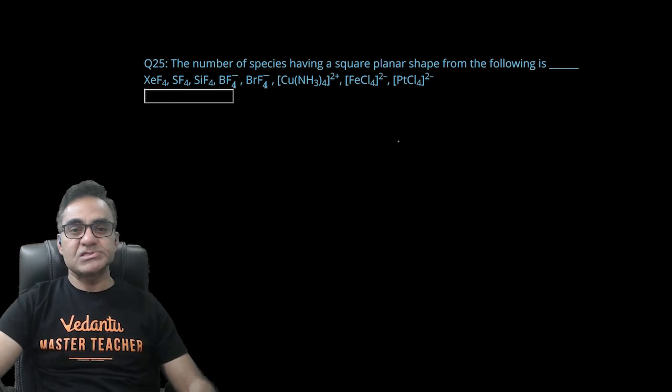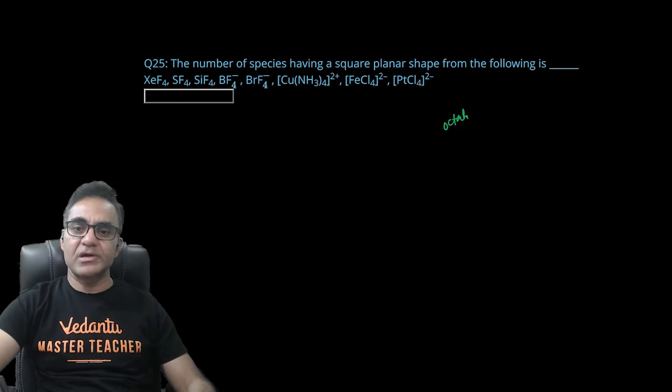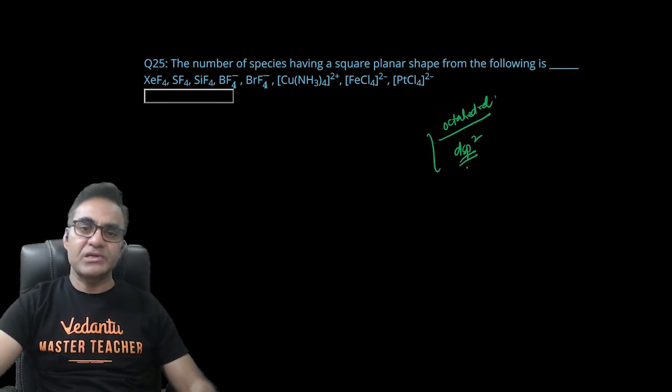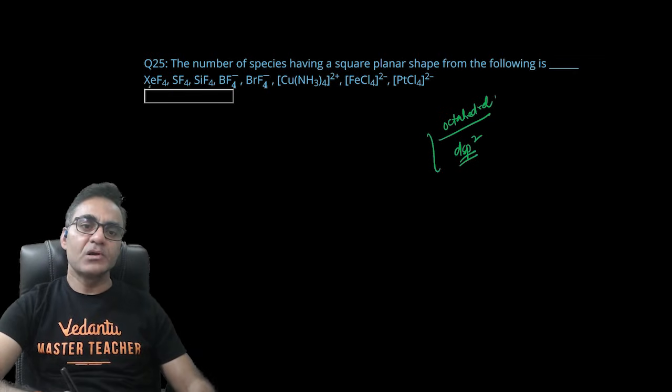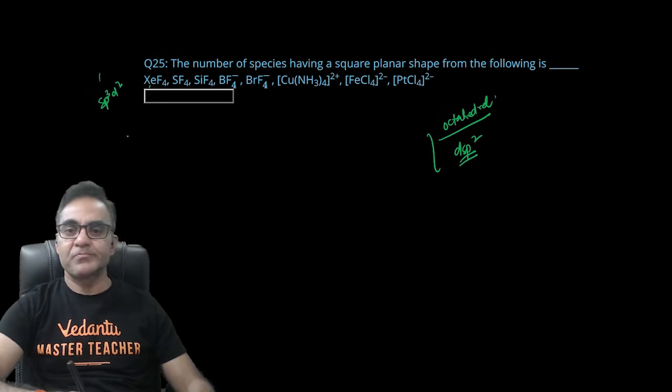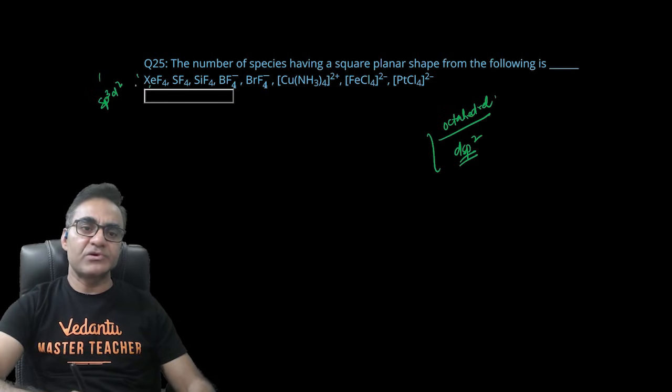The number of species having square planar shape in the following, मतलब ये जितने भी आयंस या मॉलिक्यूल्स दिए हैं इनमें से कौन कौन से स्क्वायर प्लेनर है। देखो स्क्वायर प्लेनर किस किस वजह से होता है, एक तो ऑक्टाहेड्रल में अगर 2 लोन पेयर आ जाए तो दोनों को एक्सियल पोजीशन में रख के स्क्वायर प्लेनर मिलेगा, या फिर dsp2 हाइब्रिडाइजेशन हो जाए जिसमें ओरिजिनली स्क्वायर प्लेनर ज्योमेट्री बनती है, ठीक है। तो XeF4 जो है ये बेसिकली sp3d2 हाइब्रिडाइजेशन है, यहाँ पे 2 लोन पेयर होंगे जीनोन पे, तो एक तो ये हो गया, ये स्क्वायर प्लेनर बनेगा।